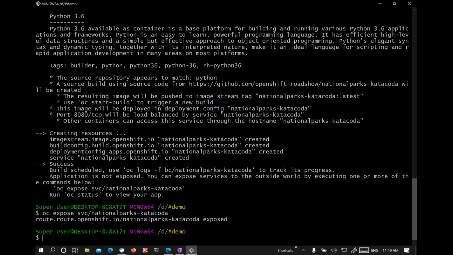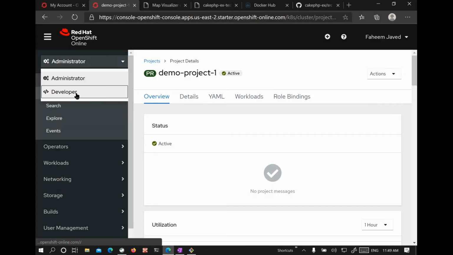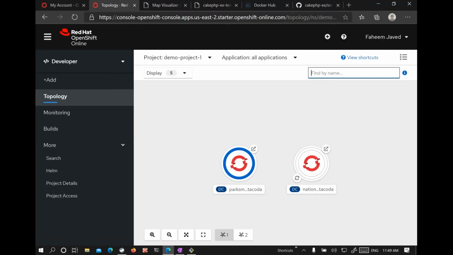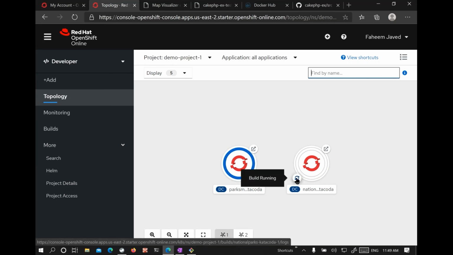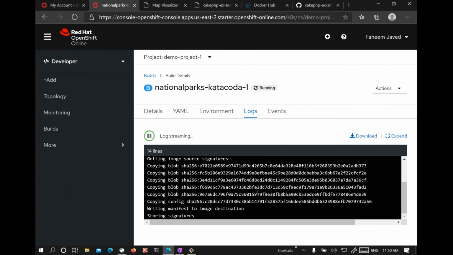the front end. And then if I go back to my developer view here, you will notice that we have two applications. And you can see the status here. It's saying that it's currently build running. So build running means it's currently building it. You can actually click on it. It will show you the logs as well. In fact, while you're looking at the logs, it's still basically going, sort of building the image that will be